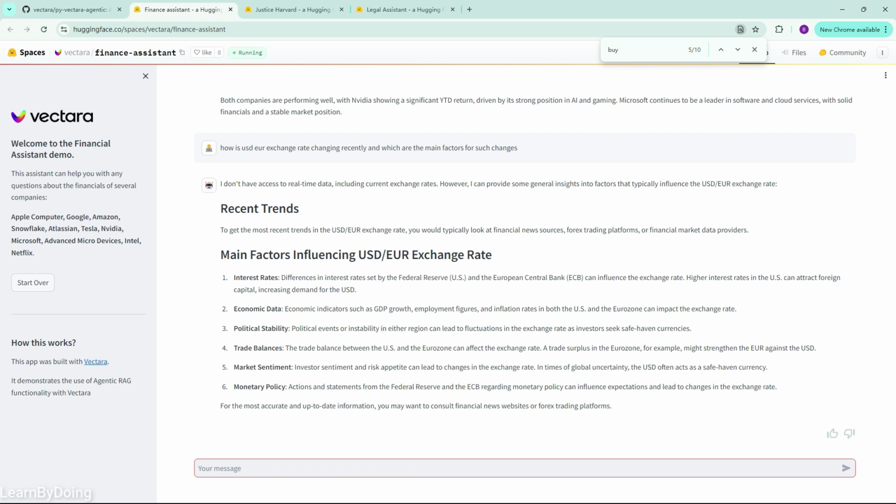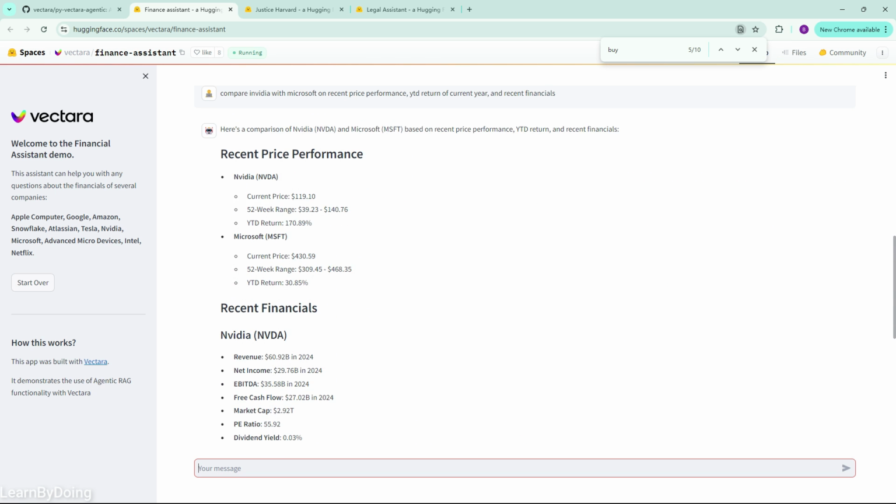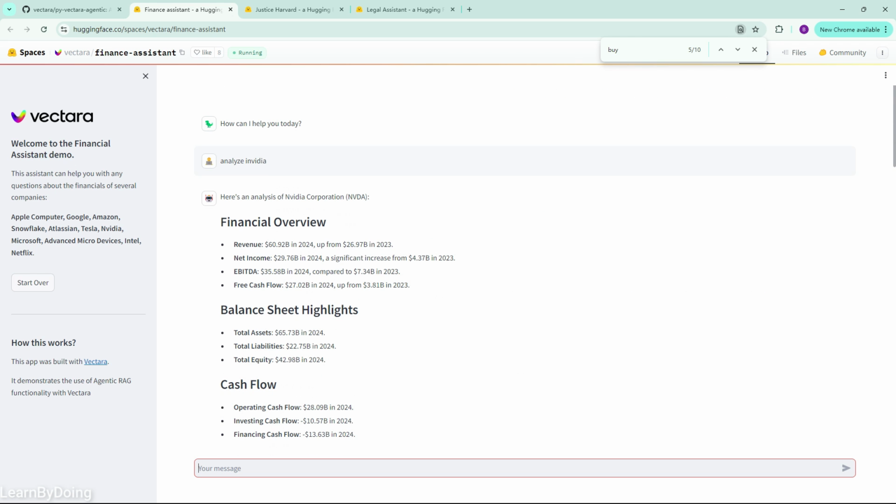So for some of the repos with agentic workflow design, I think the playground is very useful for us to learn and try different tools, right? Basically, the 3 links you saw before are links to the Hugging Face spaces, and you can just try it. So for the first one, the financial assistant, I just tried to ask it to analyze the